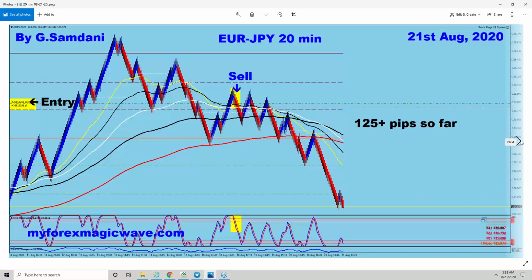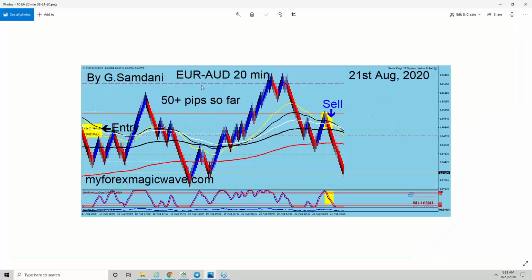So Tuesday. And then the last but not the least, Euro Aussie as well. It went down, making a nice short setup here, for 50 pips. So these are the trades using the Magic IB system, and of course on the back of these, my analysis also works, right? So now I want to give you guys some setups for